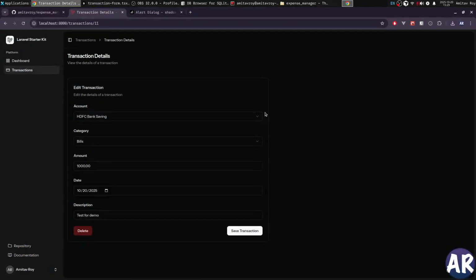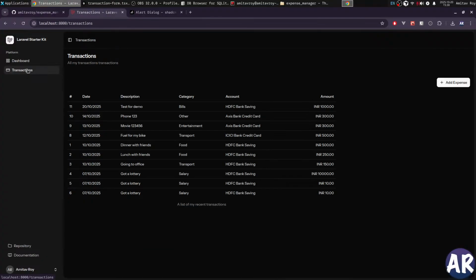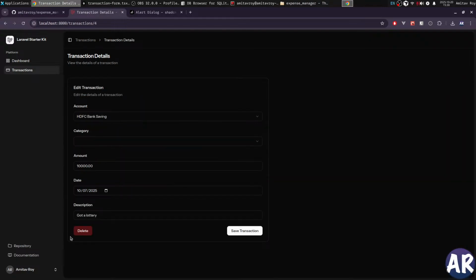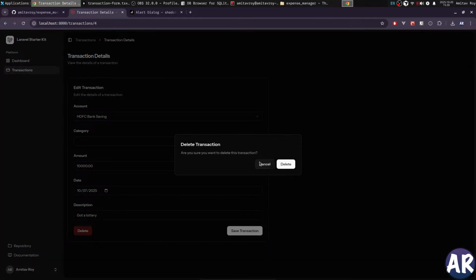This is something which I know, so this level of CSS I can definitely apply. All right, so now come over here. Let's delete a few entries, especially this one. So delete. It says, are you sure you want to delete this transaction? Delete,